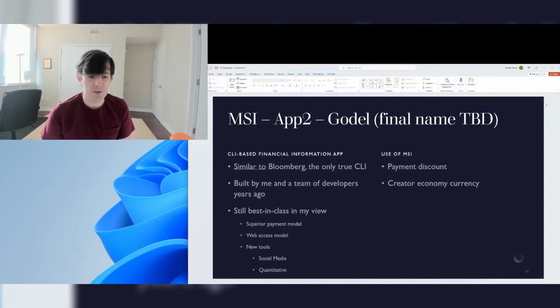I've been a Bloomberg customer since I was a kid, and I basically started to create this app called Godel before I went to prison. Now that I'm out of prison, what's amazing about Godel is that it's still a best-in-class product in my view. And there's a free tier of Godel, which gives you access to what I believe is a substantial part of Bloomberg totally for free, on a web tool. So you just go to Godel's website and you can use a Bloomberg tool basically for free.